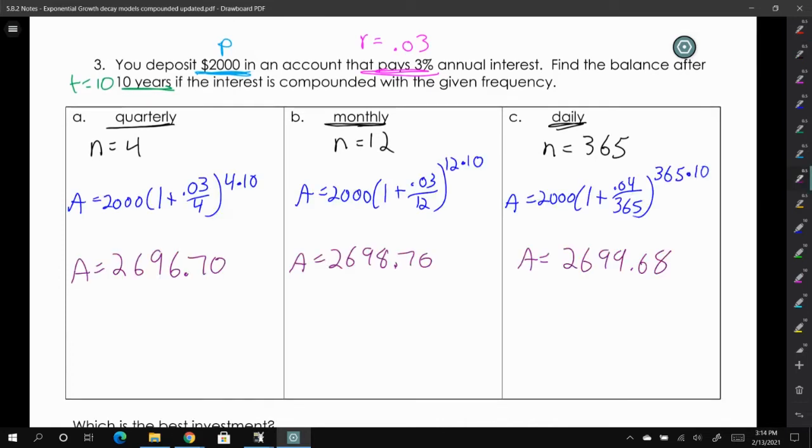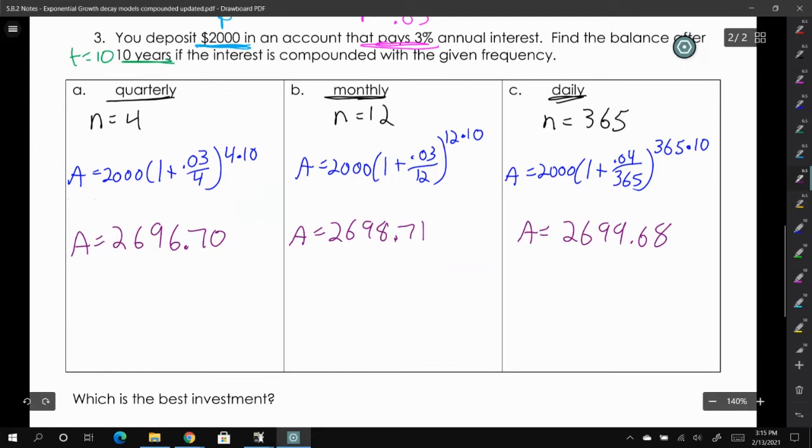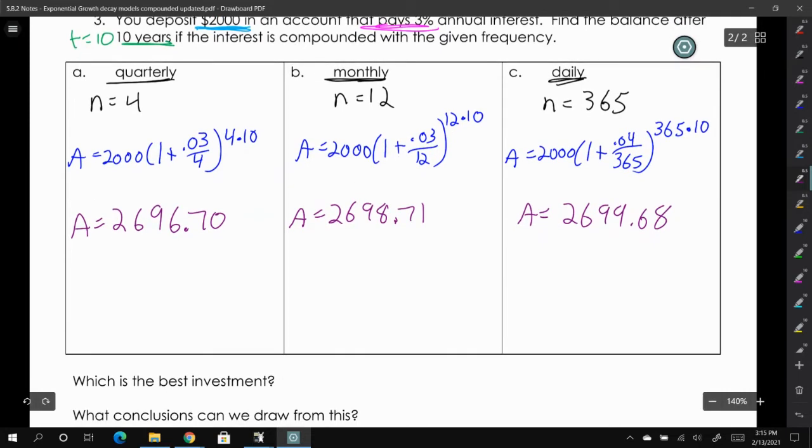So you can check how I set the problems up, and then you can check the answers. And hopefully you guys got the same thing. If your rounding was a little bit off, that's okay. It's no big deal. But you should have gotten something around these values. So which is the best investment? Well, letter C was the best investment. But what I want to point out is that the difference wasn't all that much. The worst investment was quarterly and the best investment was daily, but the difference is only $3 at